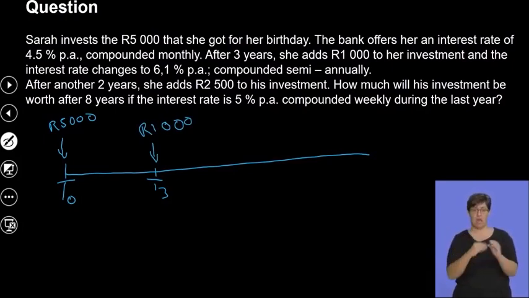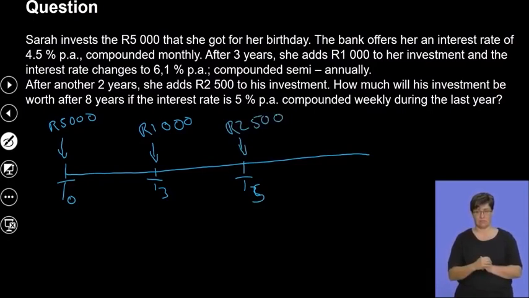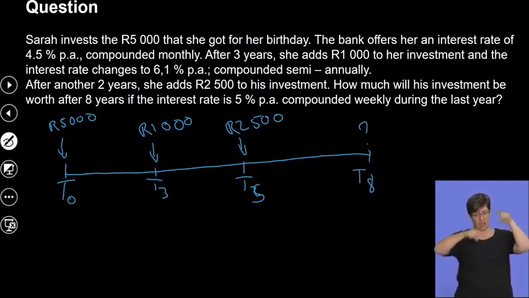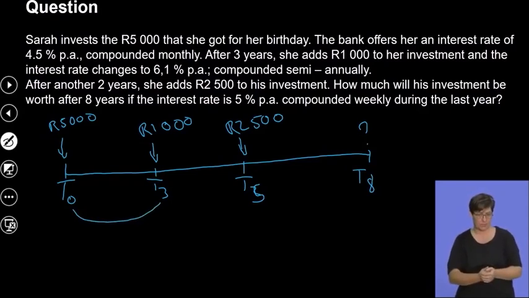compounded semi-annually. After 2 years, it means it's actually T5, because T3 plus 2 years gives us T5. She then also added another 2,500. But the investment actually remained there for 8 years, and they're saying, we want to know what Sarah actually got after the 8 years. I'm going to also include the interest rate there so that you can see what it looks like. For the first 3 years, the interest was